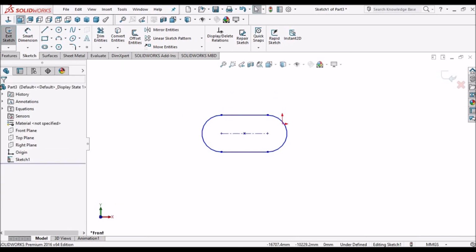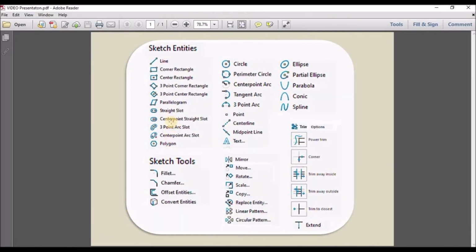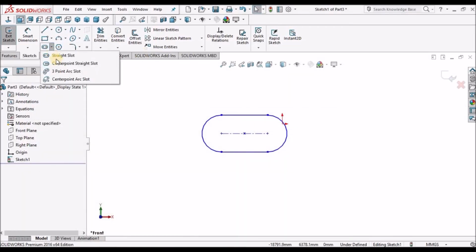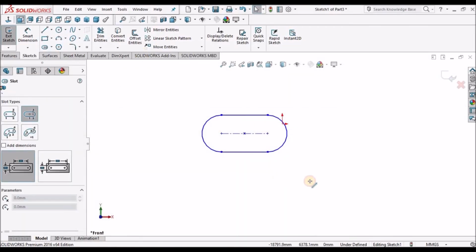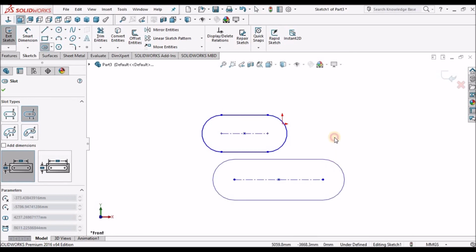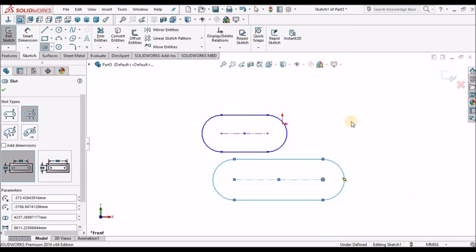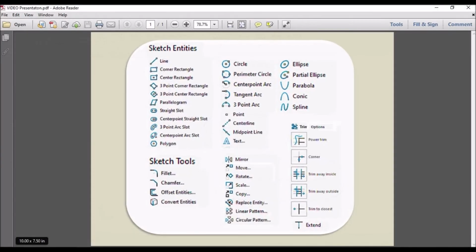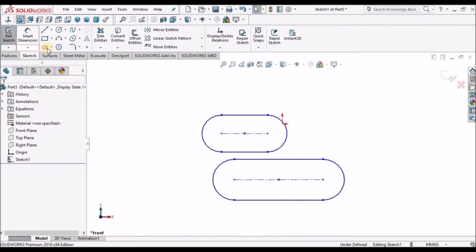Next, this is the simple slot feature we most frequently use, that is straight slot. Next is center point straight slot. So this is one more option. Next is 3-point arc slot.